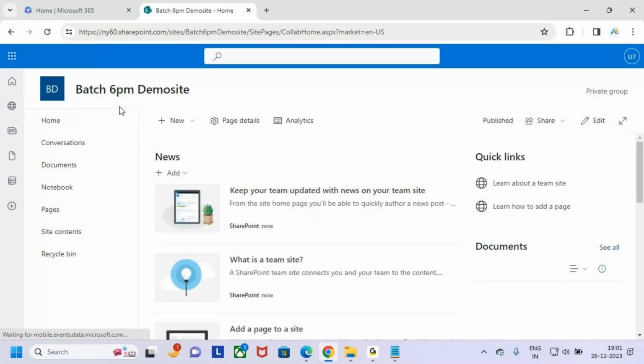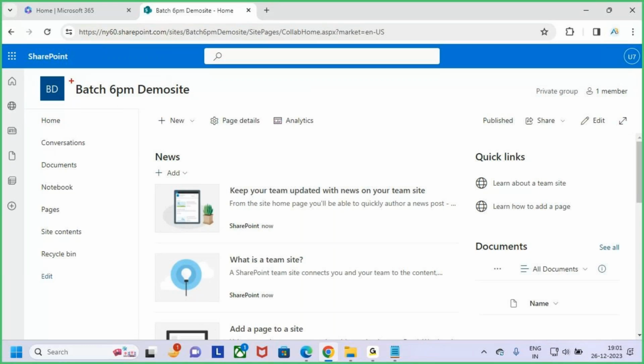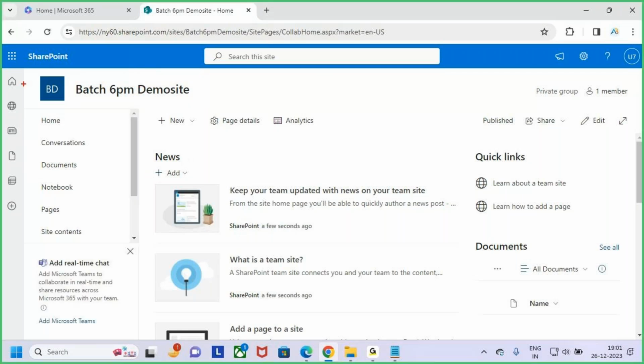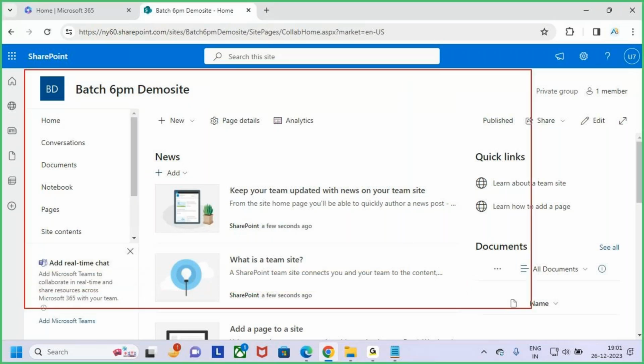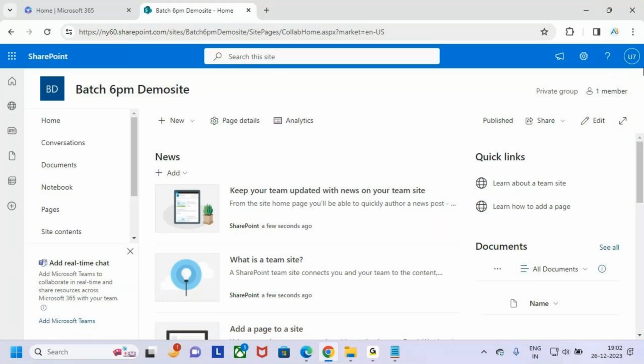Now see, by default, it is navigating to the site page. What is the site name we created? This is the site name, Batch 6 p.m. demo site. Now, this is the UI for the site. Now see, once after creating the site,